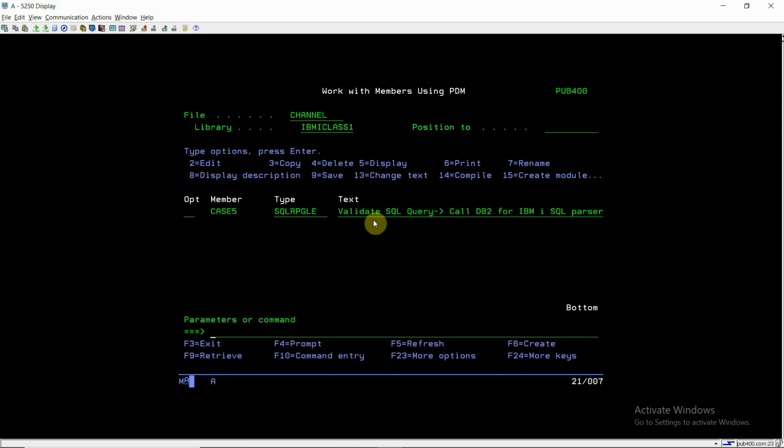Now we can see how we can validate a SQL query using the QSQ check API, which is internally calling the Db2 for IBM i SQL parser. So now we have the power to invoke the Db2 for IBM i SQL parser in our program using this API.